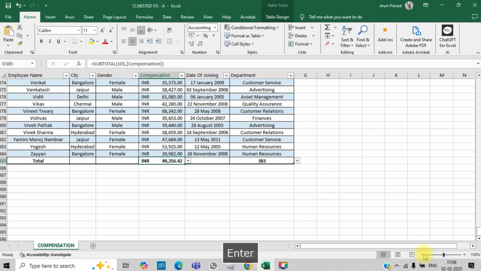Similarly, they can see the maximum value, who is getting the maximum salary. They'll get the absolute value. Later they can locate who has received it, right? Similarly, they can see the sum value, much more. You could find many other things like standard deviation, variance, all those stats you can